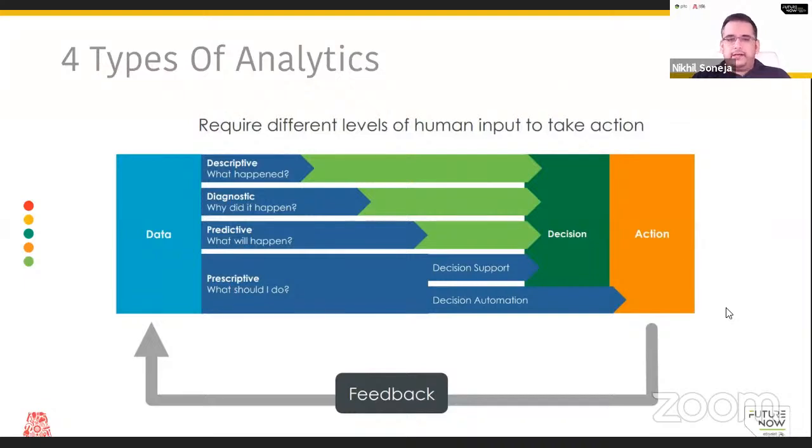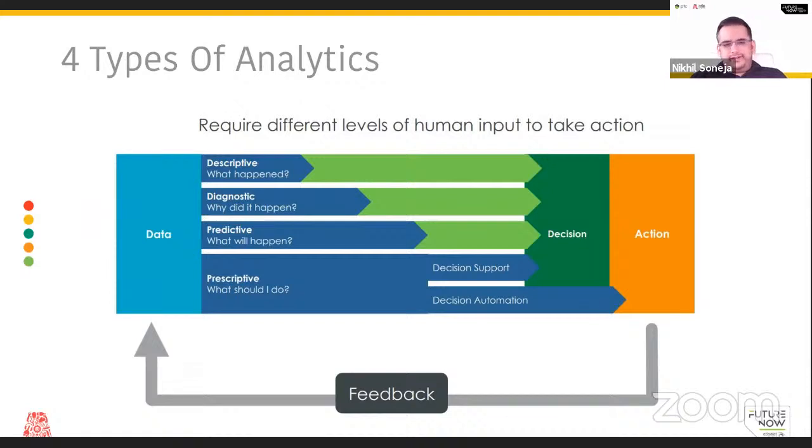Okay, so just in terms of the theory part of it, there are 4 types of analytics that people always talk about: descriptive, diagnostic, predictive, and prescriptive. These are analytics that can be conducted on different types of data to produce decisions that we can take action on. You can see the different levels of those, and they do different things. Descriptive analytics just basically look at the data and get maybe statistics and say what happened. We will use a little bit of descriptive analytics in our system, but our focus will be more on predictive. So what will happen? How can we predict values?